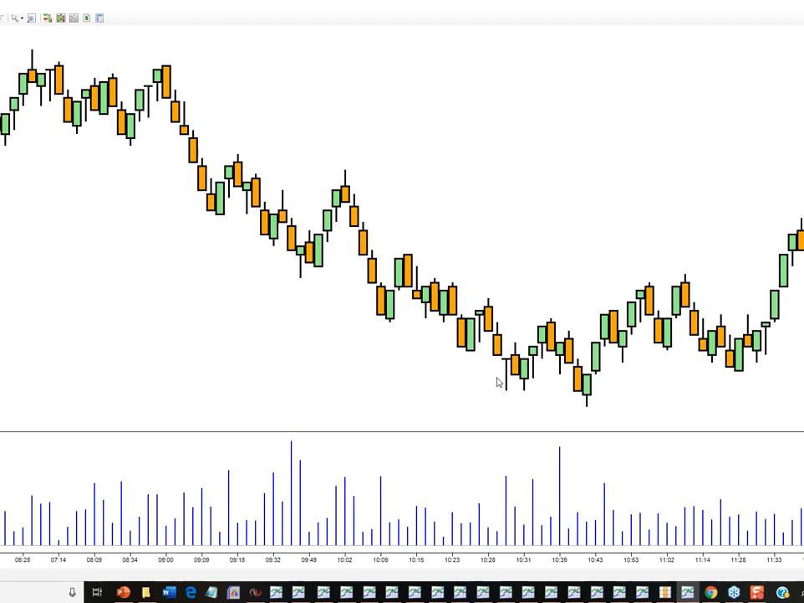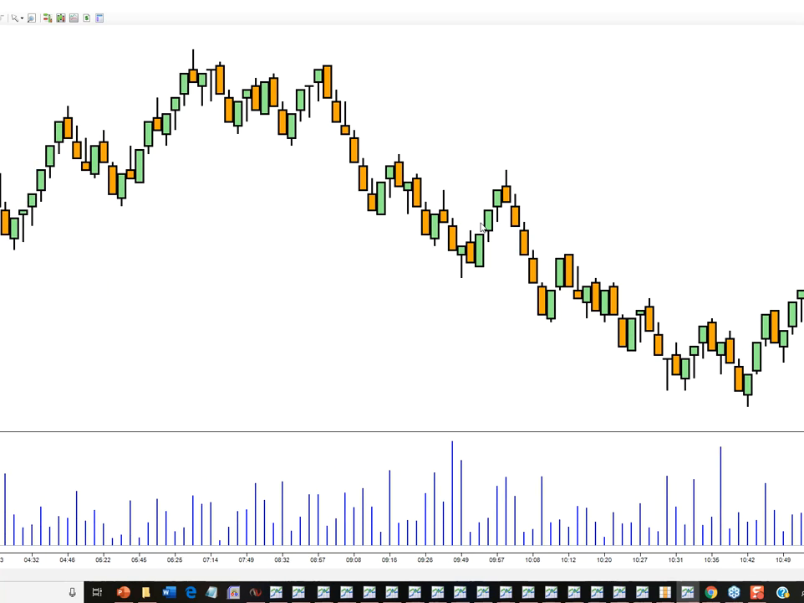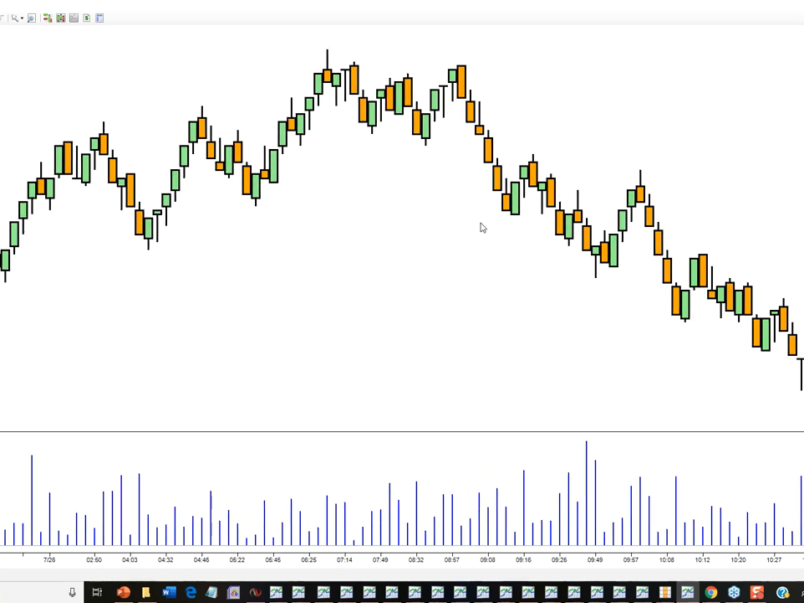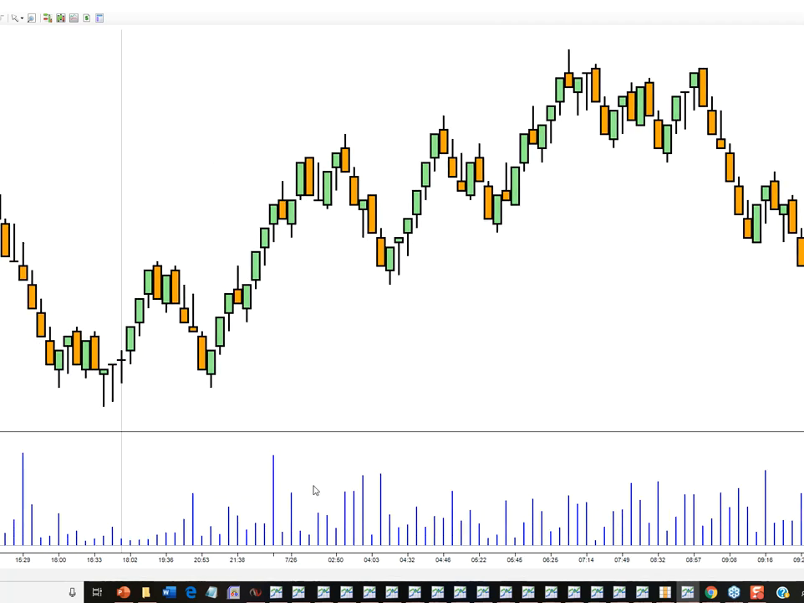Now, this is a range chart. This is an 8 range, and it's crude oil, but it doesn't really make any difference what the instrument is. And underneath is simply volume, the total volume that accumulates underneath each